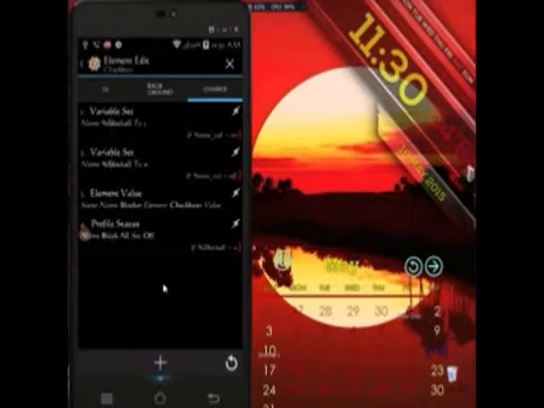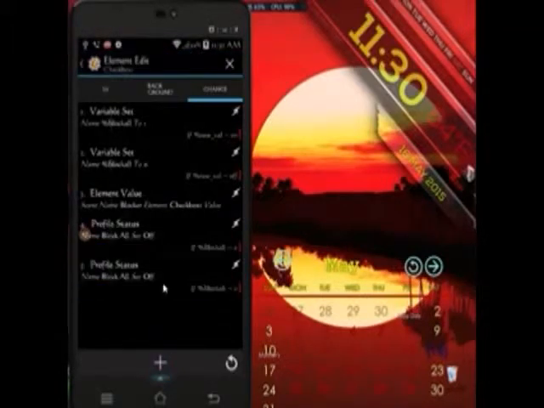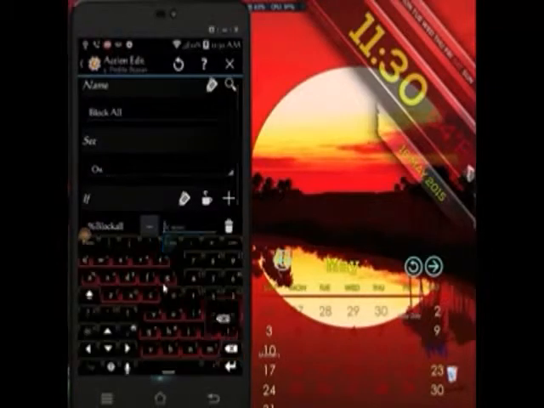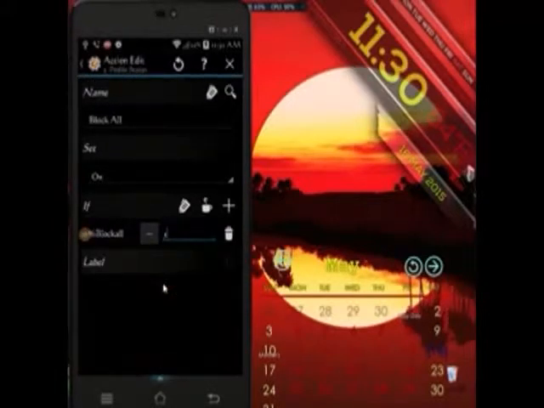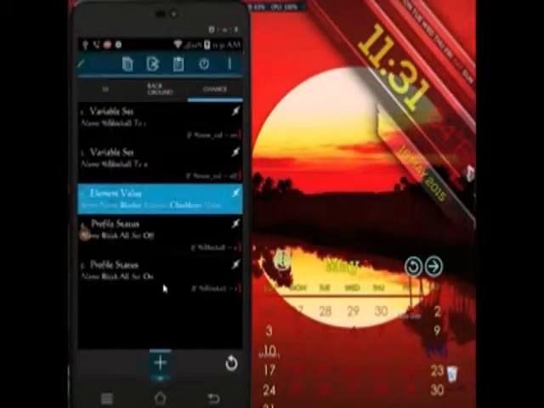Okay, we're going to do the same thing but on now. So I'm going to copy and paste and go change the values to off. So block all is going to be on if the value equals 1. And that's it for that one. What I'm going to do next is copy the element value,